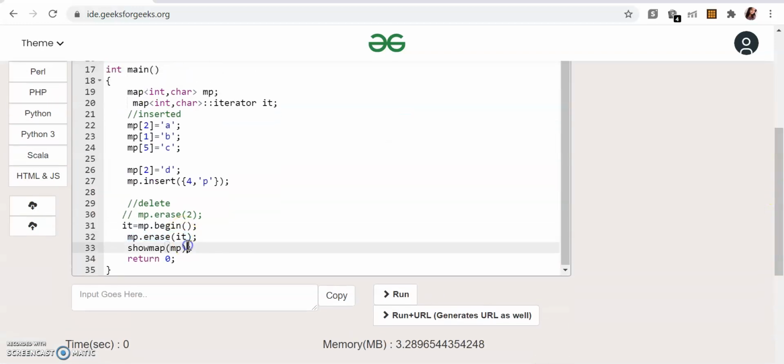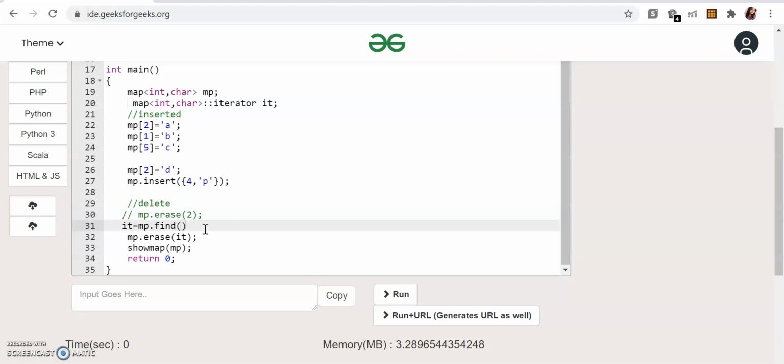Another way of getting the iterator position is by the use of find. If you remember, in the last video I told you that mp.find returns the iterator position if that element is present. Otherwise, it will return mp.end. That's why when you want to find whether an element is present or not, you compare it with the end.